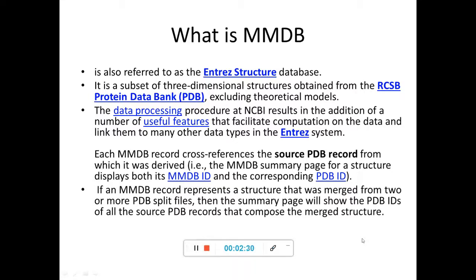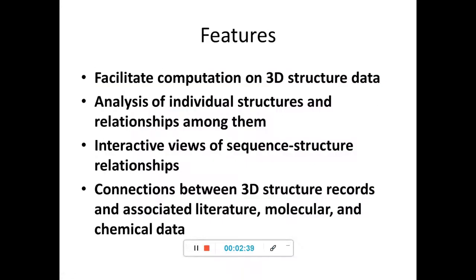Using the information given in the Protein Data Bank, processing of that information is done, and you get a molecular model. Molecular model, of course, you know what a model does. A model depicts something. So the 3D structure of that particular protein is depicted by the Molecular Modeling Database, and it facilitates the computation of the 3D structure data.